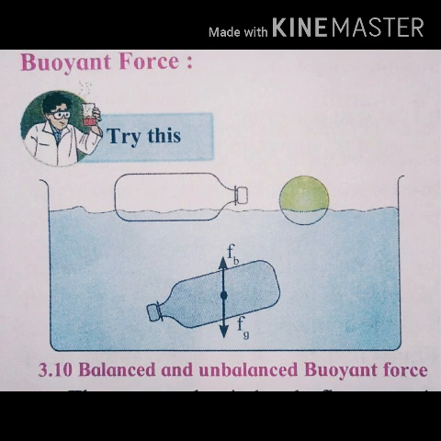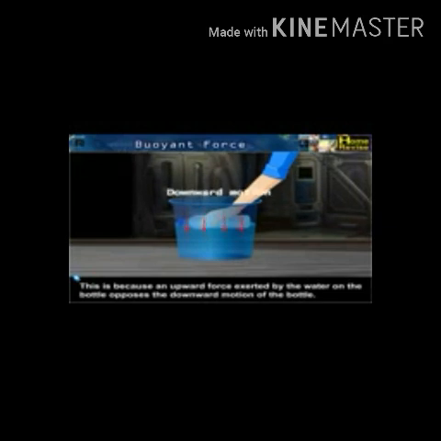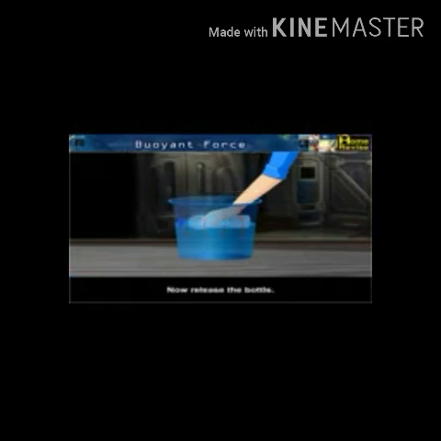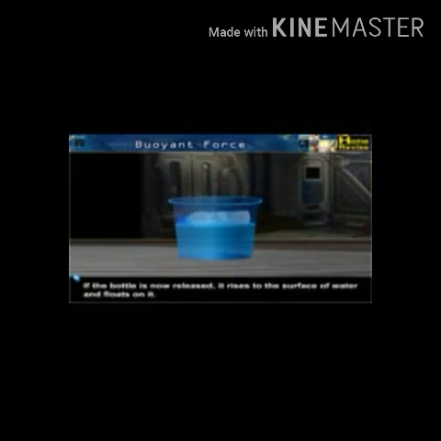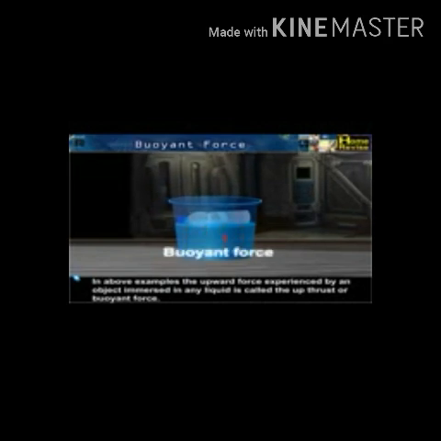The weight of the empty bottle is negligible, means very less as compared with the weight of the water inside. Such a bottle with water neither floats on the surface nor does it go to the bottom. This means the force due to gravity acting downwards must be balanced by an opposing force in the upward direction on the bottle filled with water. This force must have originated from the water surrounding the bottle. The upward force acting on the bottle in water or other fluid or gas is called as buoyant force.